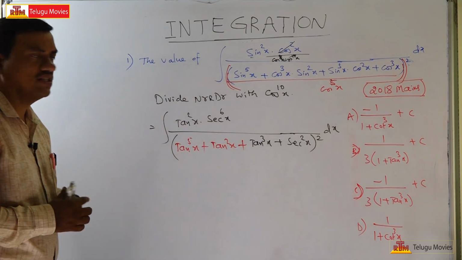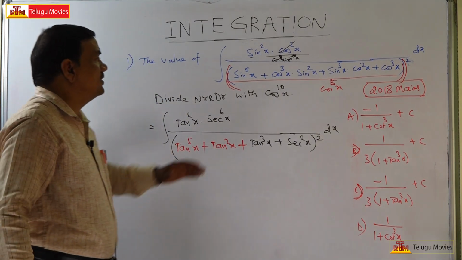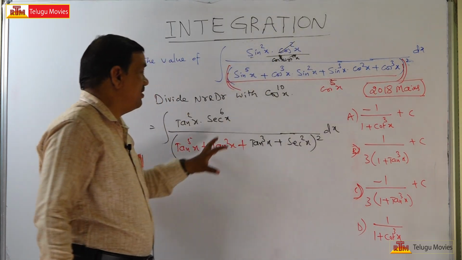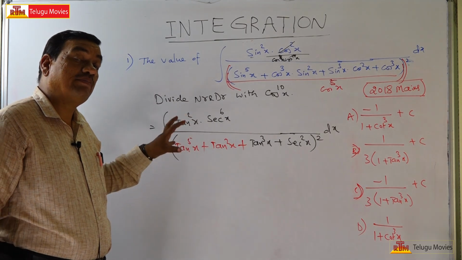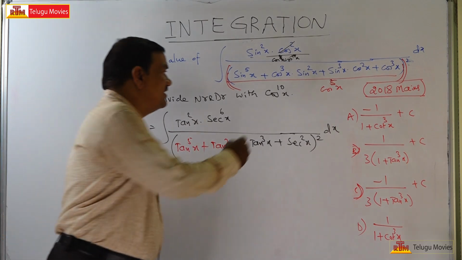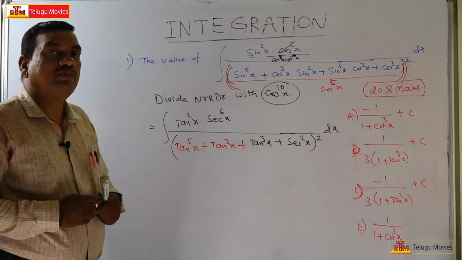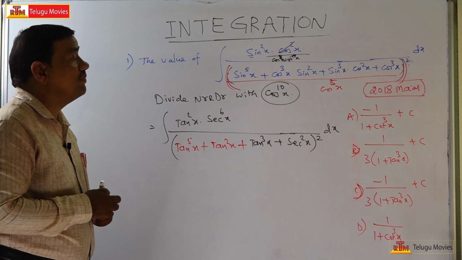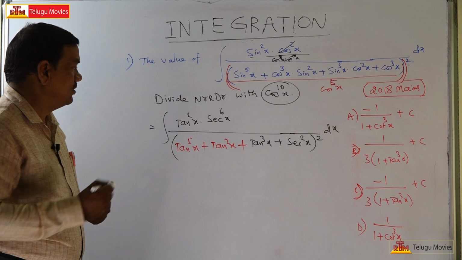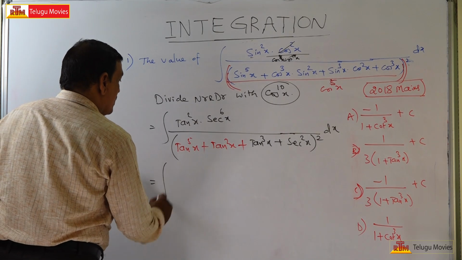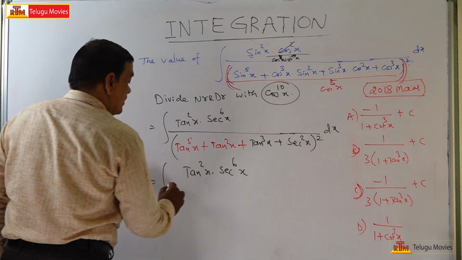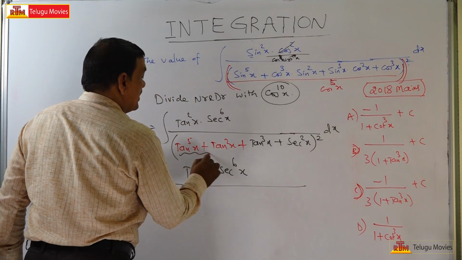Okay, so very nice. The total problem, the given problem, is in sin and cos. Now the problem will become in tan and secant, so that the problem can be solved very easily. So the first thing is you have to get this idea: dividing the numerator and denominator, so that the problem will become in tan and secant. Okay, right. See here, this is tan square x into secant power 6x divided by, observe here, factorization